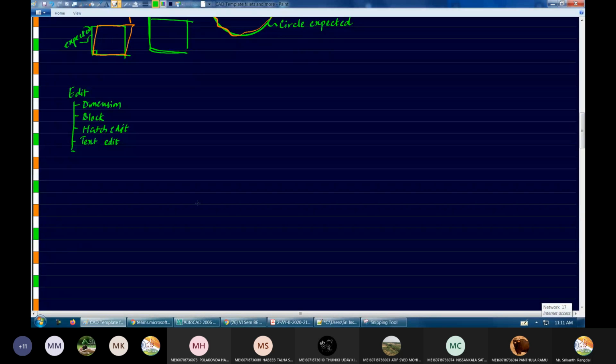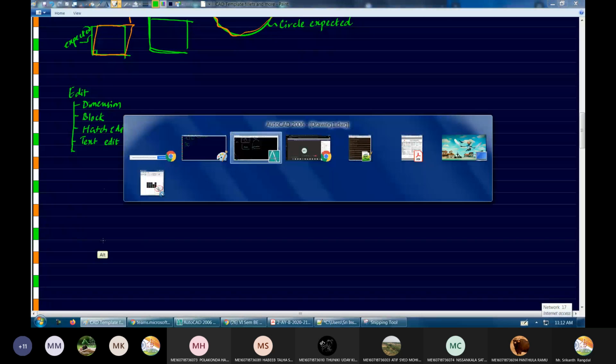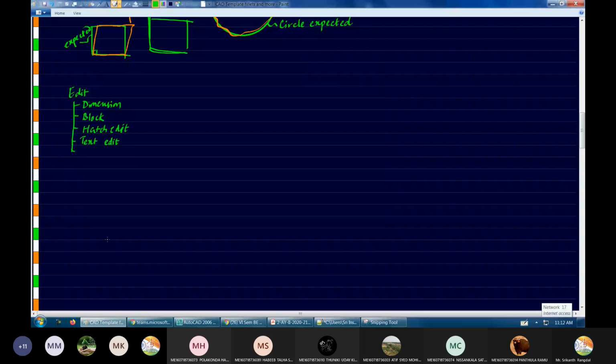If you're just trying to memorize by heart, then again and again you may have to go back and open the book. If you want to avoid opening the books, I suggest that you go home, install AutoCAD on your system or laptop, and try using all these commands. And while using the commands, if you come across any doubts, I'm of course here anytime to help you out.